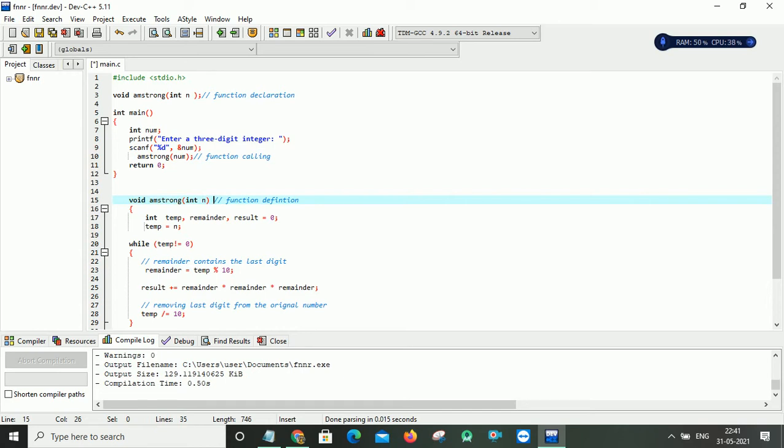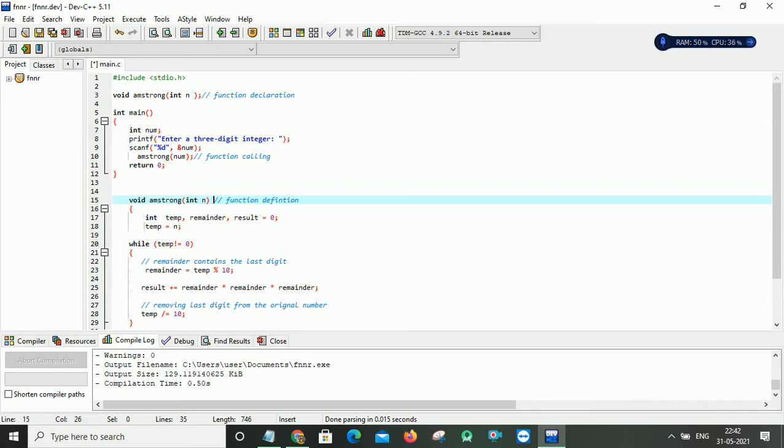The logic to find the Armstrong is this: I want to read the individual digits from the given 3-digit number first, then find the cube of each individual digit, and do the summing operation on those digits.